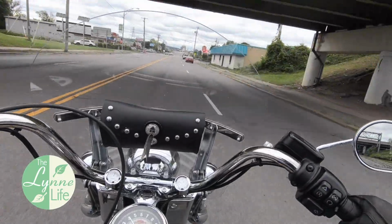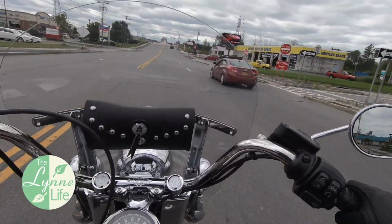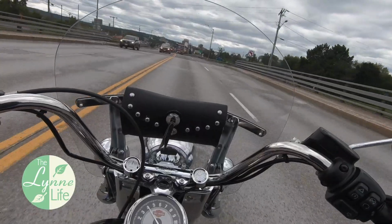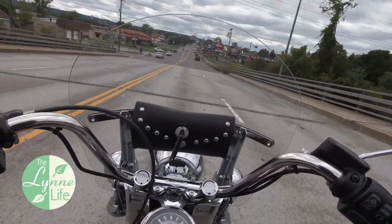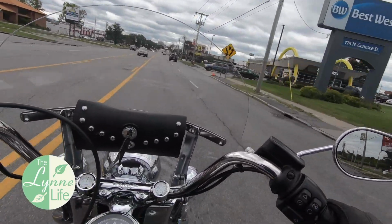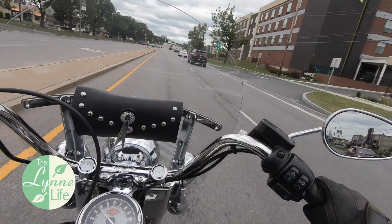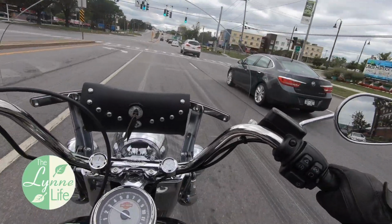Okay, so I circled around, come back on Genesee Street again, and head back into the city. Gonna go back over the canal. And the Mohawk River. By the retro looking McDonald's. And we're going to go right